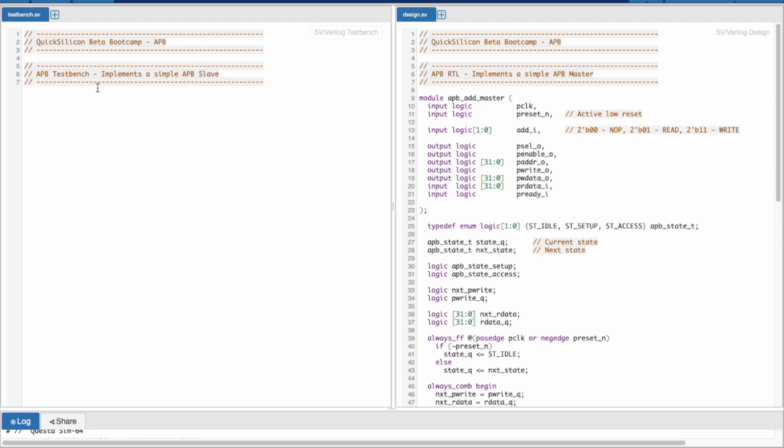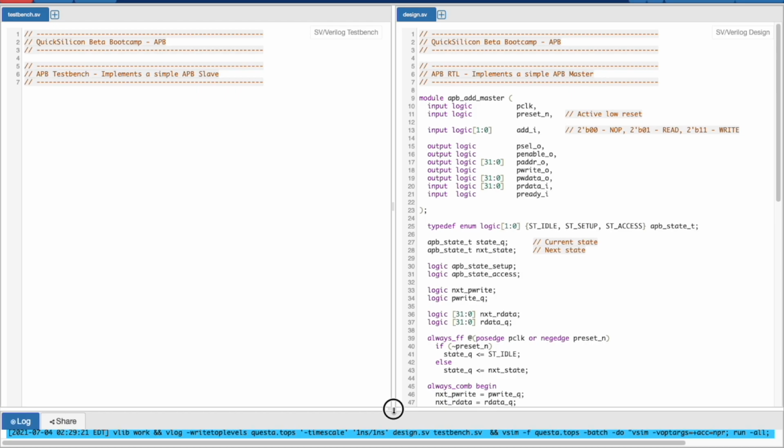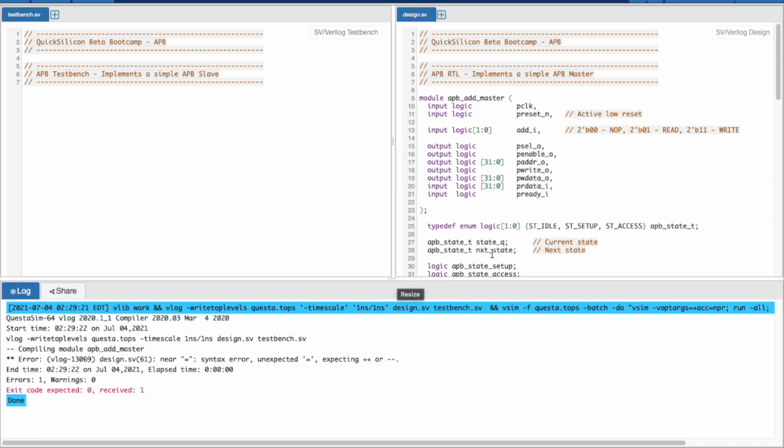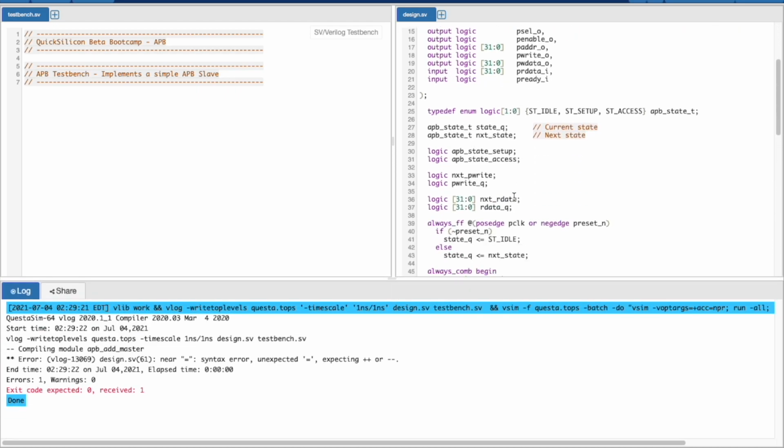So any questions, guys? Anything which isn't clear, anything which doesn't make sense before we start looking into the test bench?